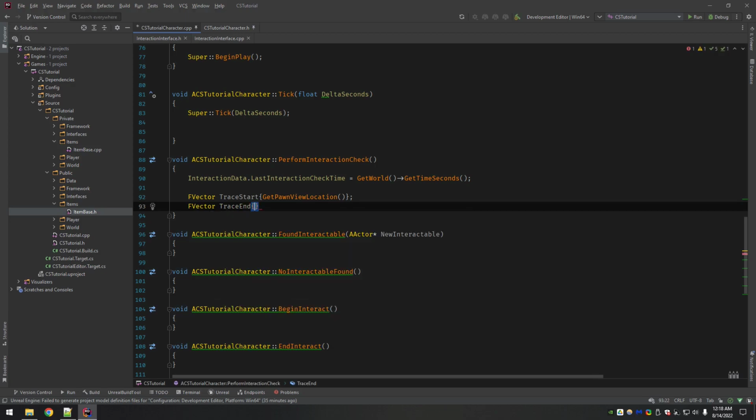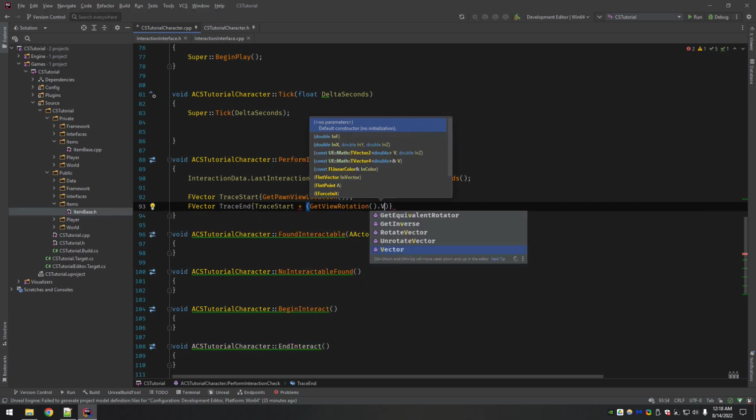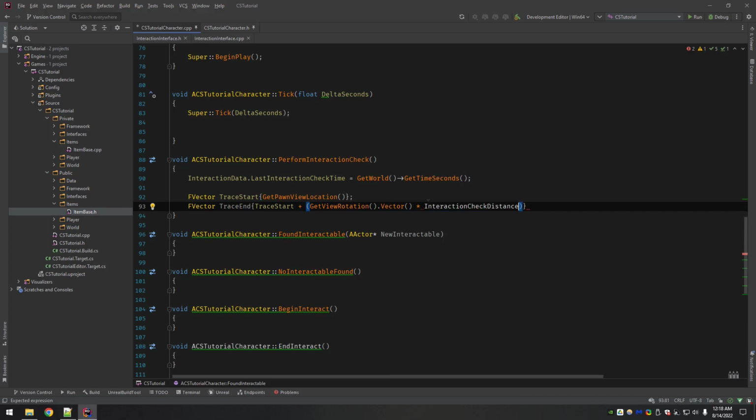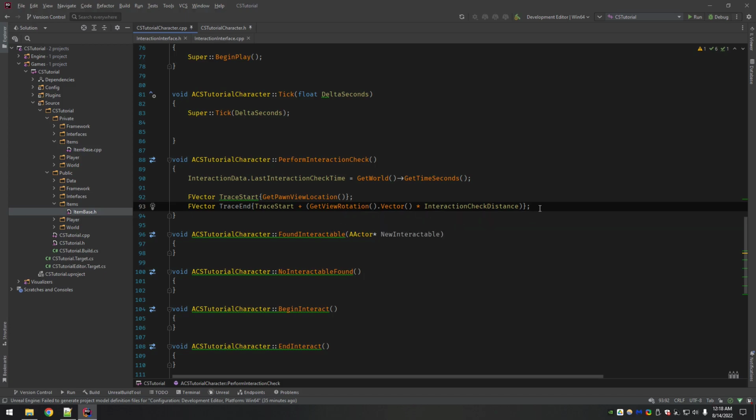We're going to do trace end, and trace end is now going to be trace start plus get view rotation dot vector times interaction check distance. Now what's going on here is the view rotation comes from the character controller, not the player pawn mesh, because you're changing your view with the mouse and you're changing the location of the camera with the mouse in a third person character, right?